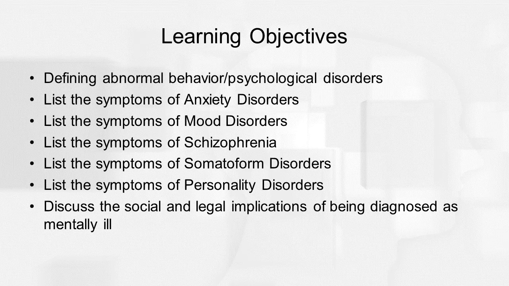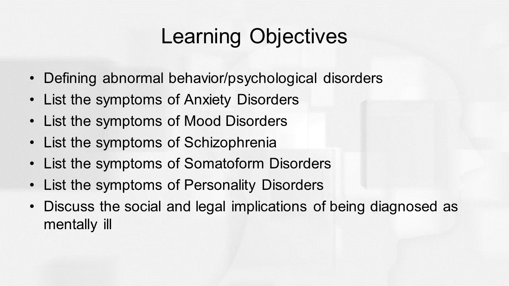Okay, students, we're going to go ahead and move on now to our next chapter, which will be on psychological disorders or abnormal psychology. A lot of Gen Psych students think this is what general psychology is all about, and by this point, I'm sure you've come to realize that it is so much more. But this is often the area that has a lot of interest for students. So let's go ahead and talk about our learning objectives.